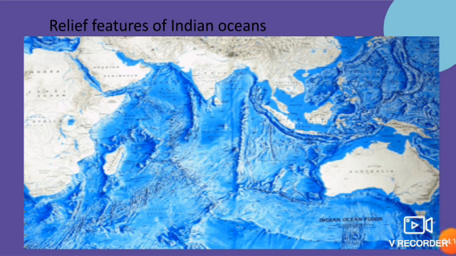You can see the other picture, relief features of Indian Ocean, surrounded by the Arabian Sea, Bay of Bengal and some continents. After looking at the picture carefully, the features may look like hills, plains and trenches on the ocean's floor. So, by looking at the picture, we conclude that as we have relief features of different landforms on the land, in the same way we find different relief features under the water surface.